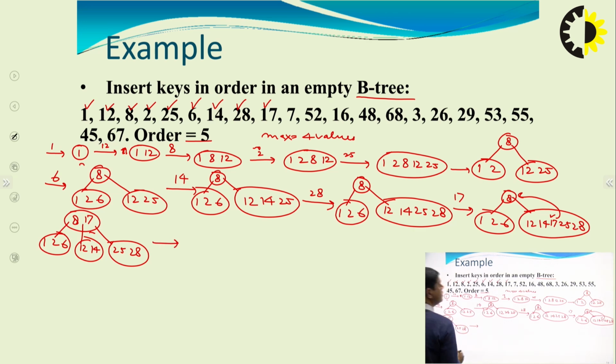After that, we have to insert 7. Now we will compare 7 with the root values, because it is less than 8, it will go to the left side, and it will be 8, 17,